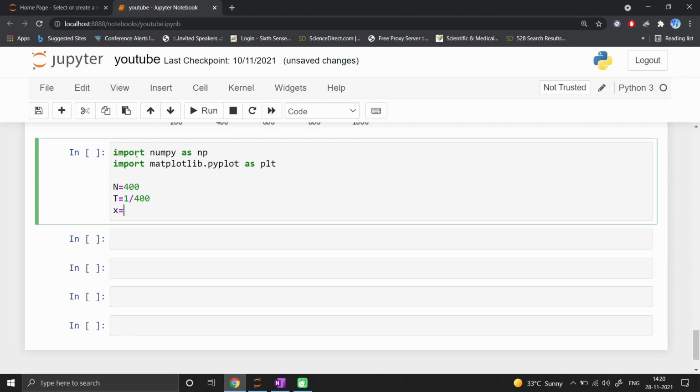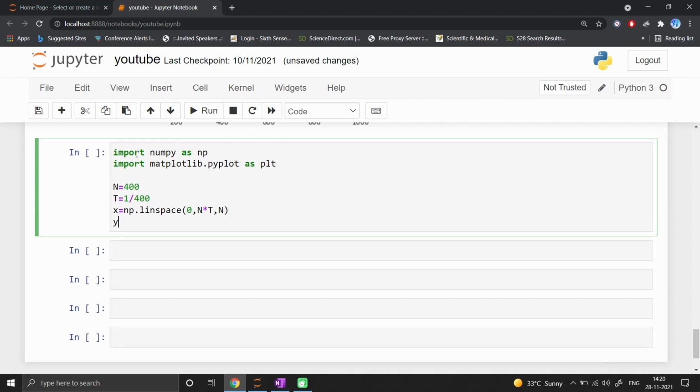My x is equal to np.linspace, starting with 0 and ending with n multiplied by t, which is 1 second, and the number of divisions is n.